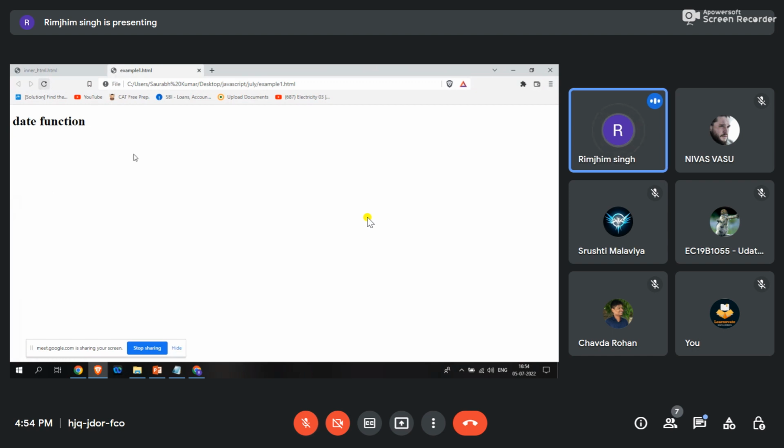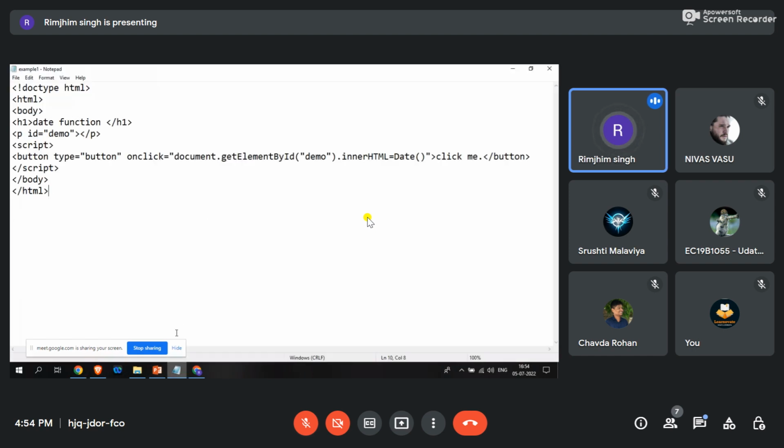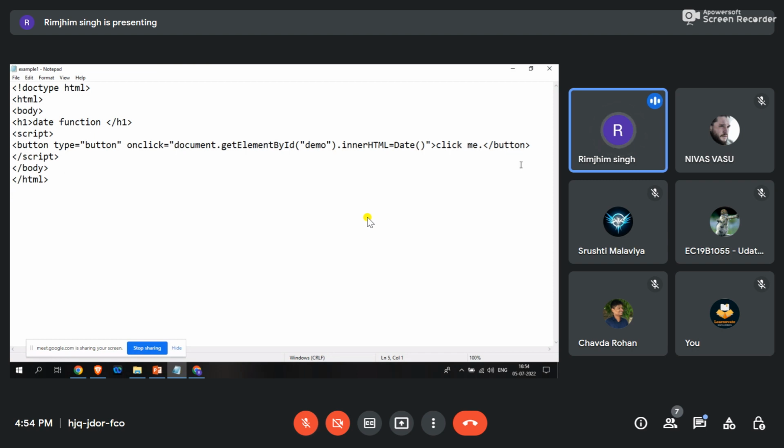I guess the button isn't displaying. Let me just do this thing. Instead of calling this particular ID here, what I'll do is call it after this, after writing this statement. So button type would be button here. On click of the button,